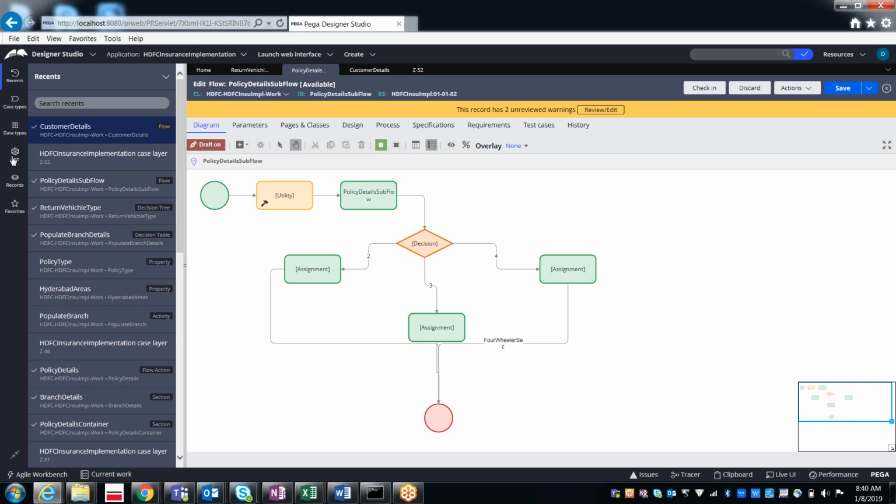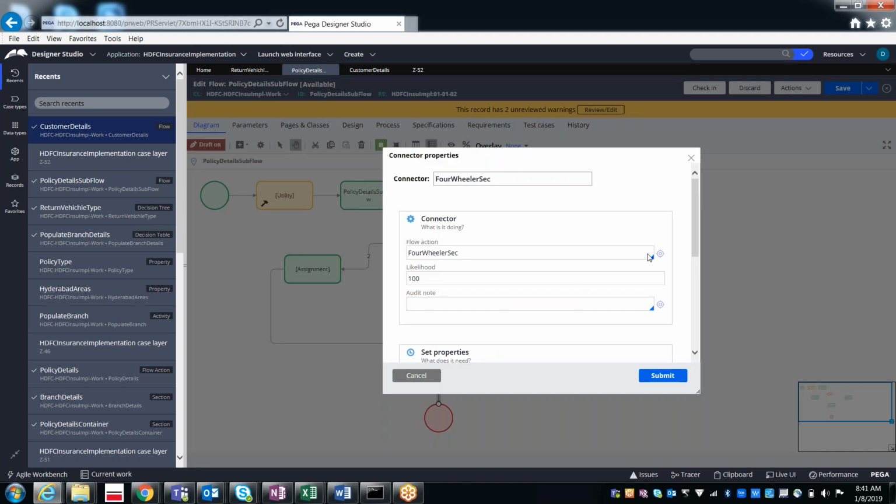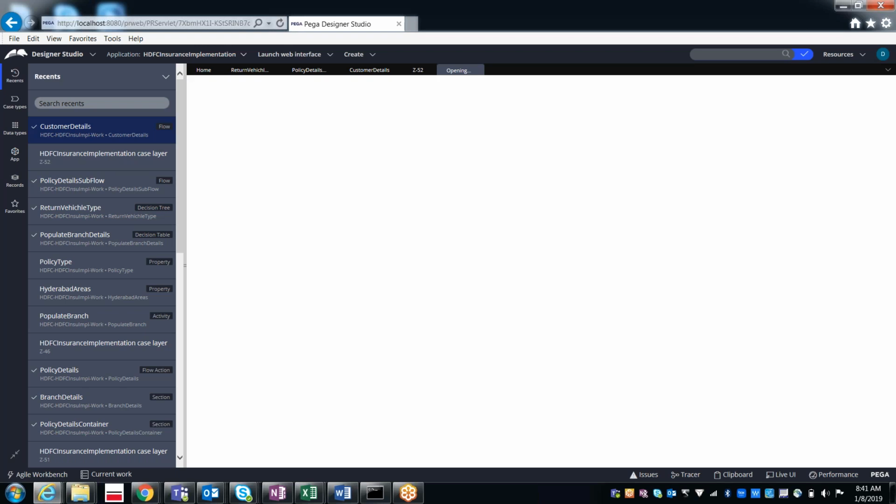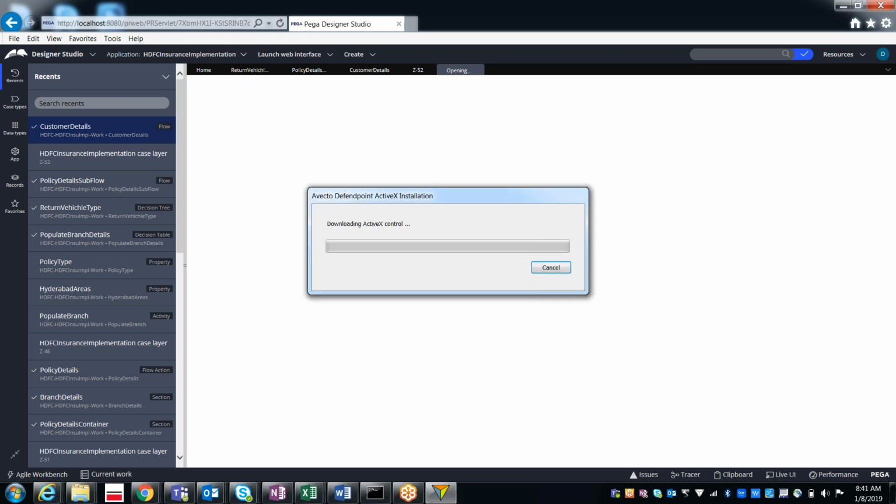Either you can go to App Explorer, otherwise you can open it from here itself. In this flow action,